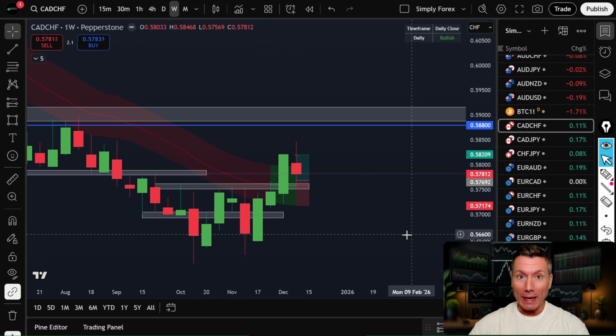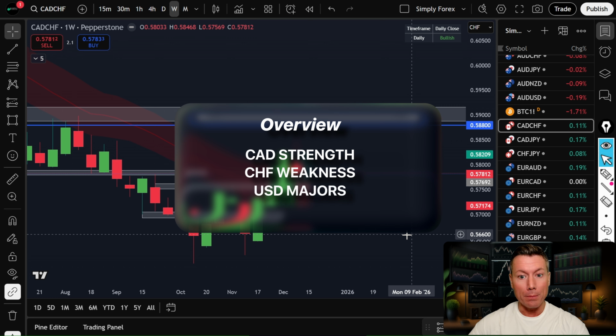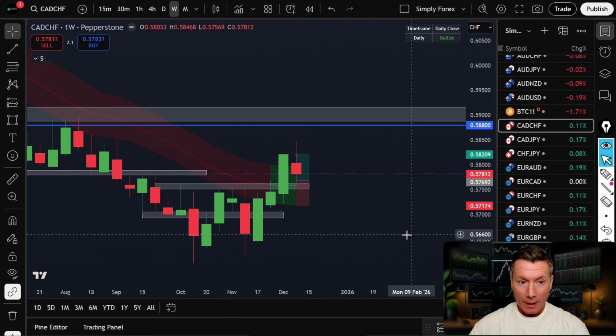Here's what we're looking at. The catalyst for our trades this week is predominantly Canadian dollar strength. This is presenting a lot of opportunities for us. But we're also going to take a look at this Swiss franc weakness. We're going to take a look at the US dollar majors to work out what we can do with the US dollar. And we're also going to take a look at yen pairs to understand how to trade them as well. But we're going to start with Canadian dollar because it's strong and it's leading to some really good trading